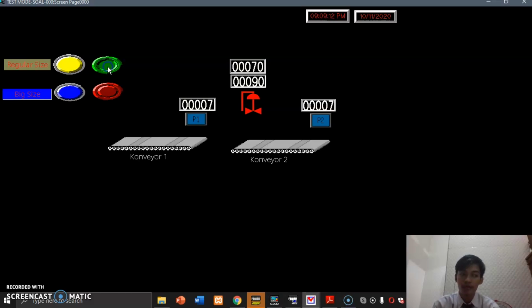If I have pressed the start button, the system will run. And then conveyor 1 and conveyor 2 will be on. After that, proximity detects bottles until 7.